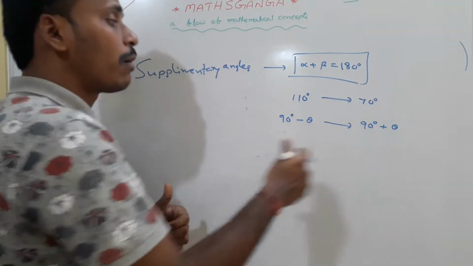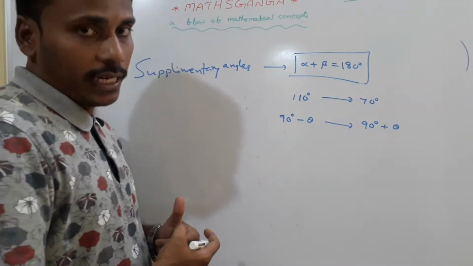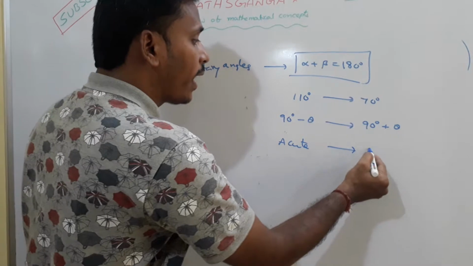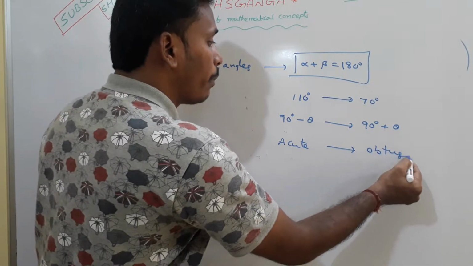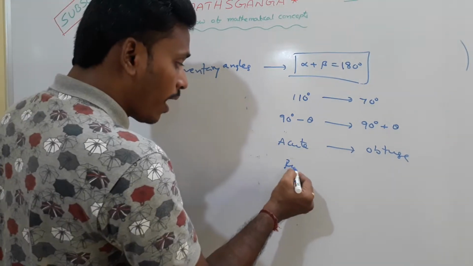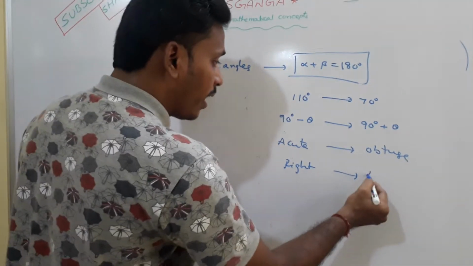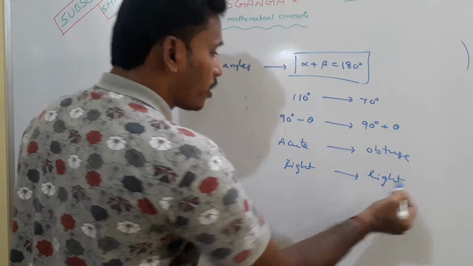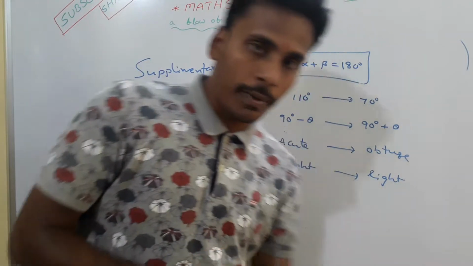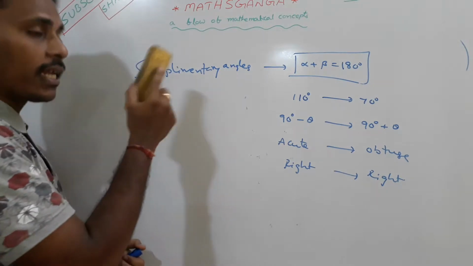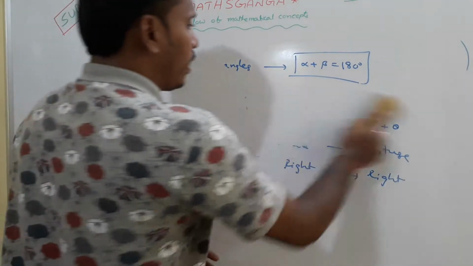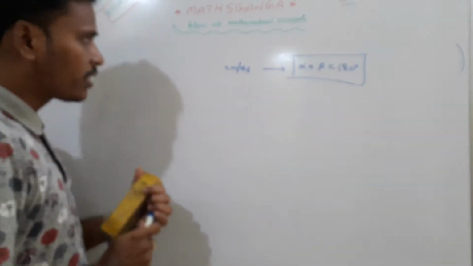If you observe, the sum of those two angles is 180 degrees, as it clearly indicates that the supplement of an acute angle is an obtuse angle, because it is acute and that is obtuse, and the supplement of a right angle is again a right angle because the summation is 180 degrees. So usually two angles are said to be supplementary if the sum of those two angles is 180 degrees. And then conjugate angles. In this sequence,